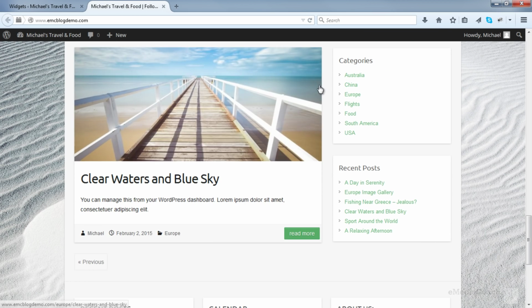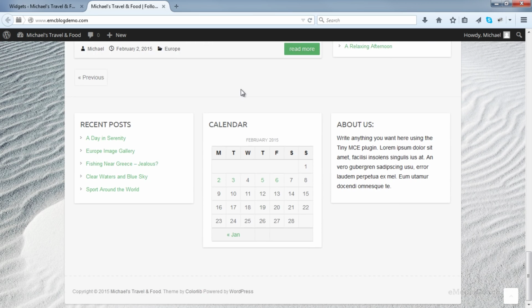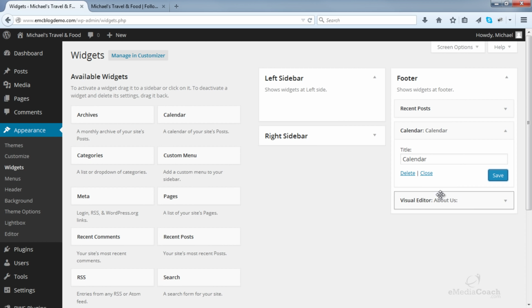There you go. So as you can see, you've got the flexibility to add absolutely anything you want to. If you really wanted to, you can even add 3 visual editor tabs and maybe put an image in one, some text in the other, and the video in the third. So it's completely up to you how you want to arrange your footer. I'm just showing you the options that you have. I'm sure you get the idea.